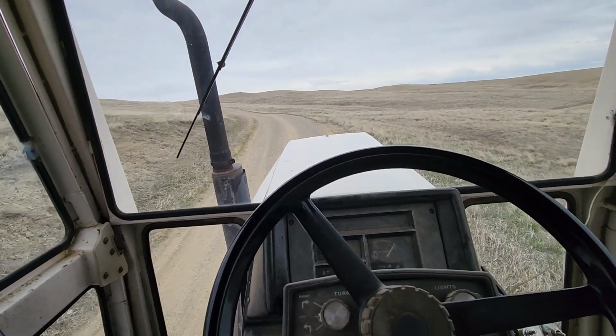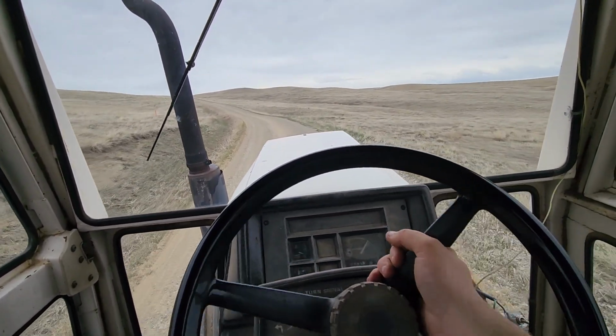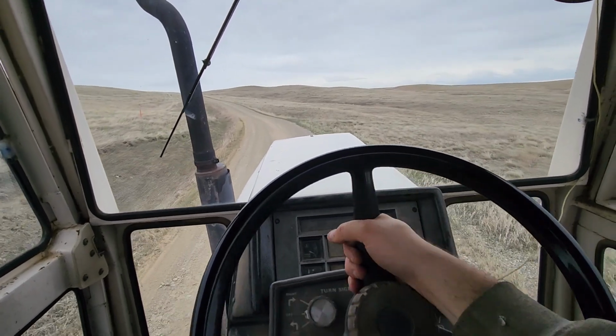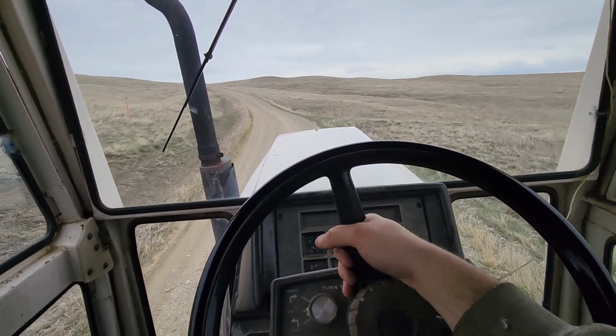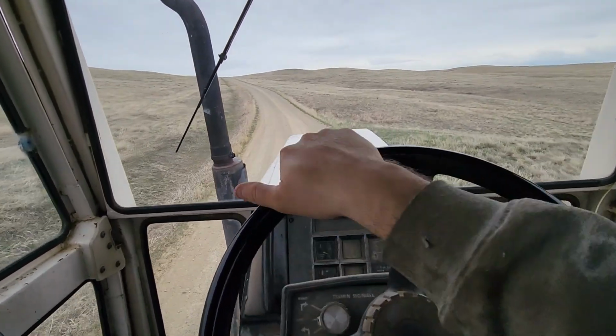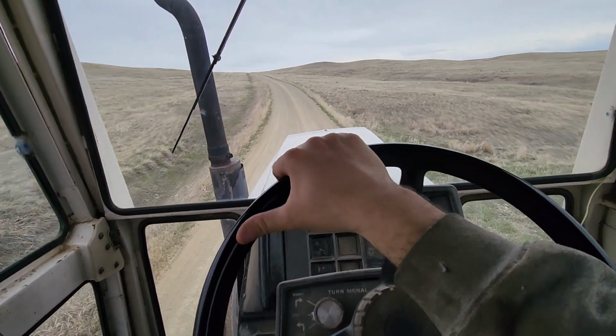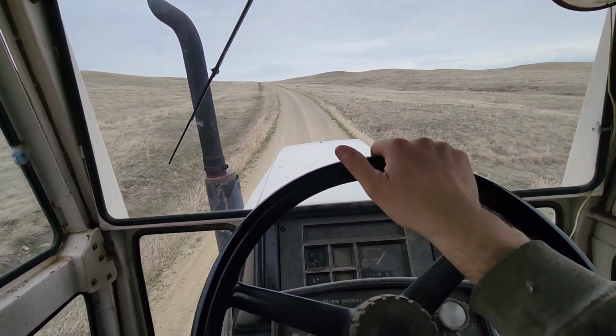The neighbor's place is very sparse on grass. What's the old joke? Jackrabbit would have to pack a lunch to make it across there. But his place, he's got 6 foot tall grass. It all comes down to management, which is really cool. So